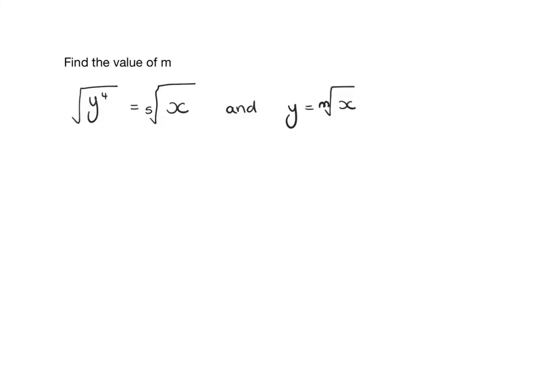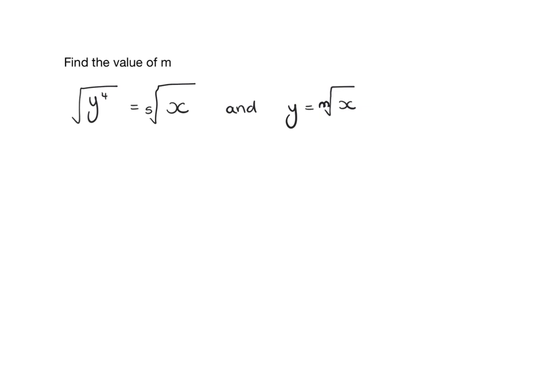In this example, we have two statements about the expressions y and x. So the first one is that the square root of y to the power of 4 is equal to the fifth root of x. And the second statement is that y is equal to the nth root of x. So the first thing I'm going to do is write the first statement using indices instead of